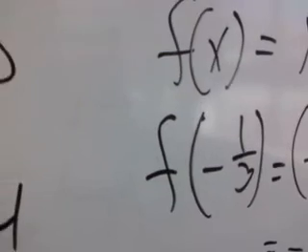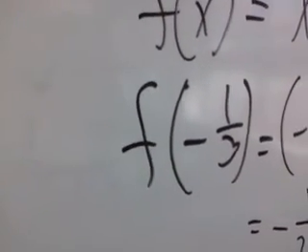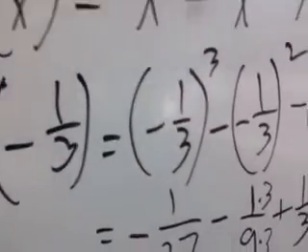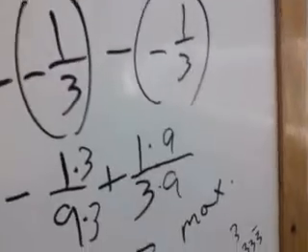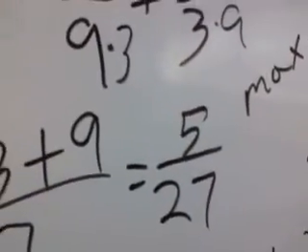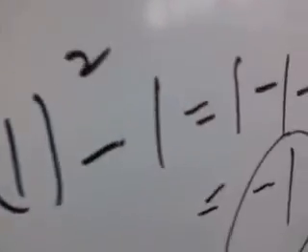You have to plug the critical value not into the derivative, but into the original function. So that's what I've done here. I plugged in the 1/3, and I worked it out, and my answer came out to be 5/27. Then I plugged in the positive 1, and my answer came out to be negative 1. So that gave me a better picture